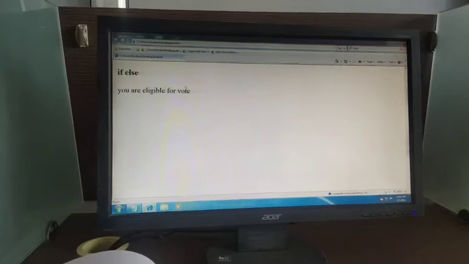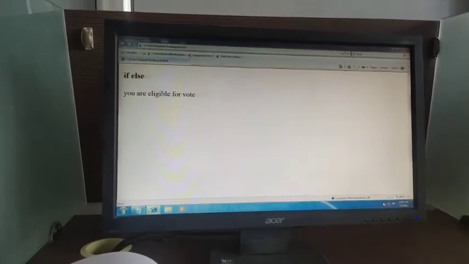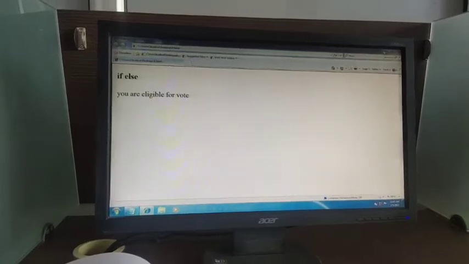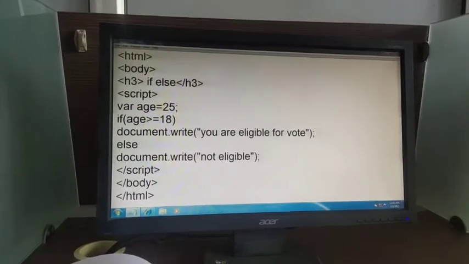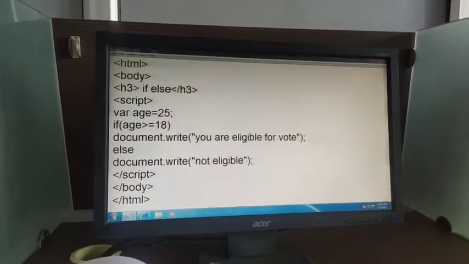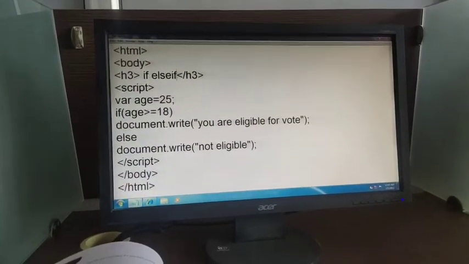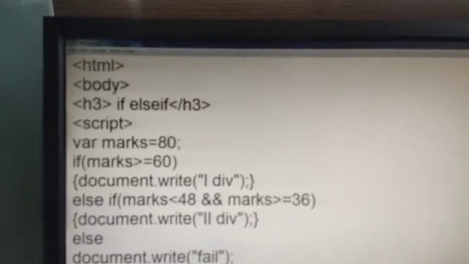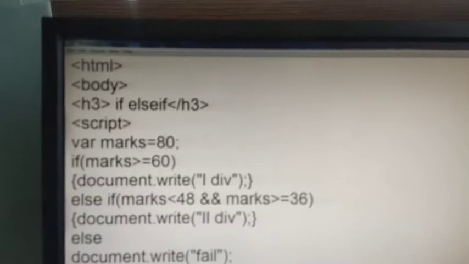Okay, now come to our next statement, if else if statement. Now I am writing code of that in the same file. Now look at the code. I have written the HTML, as you know, body you know, h3 if else if, h3, script, variable marks is equal 80.